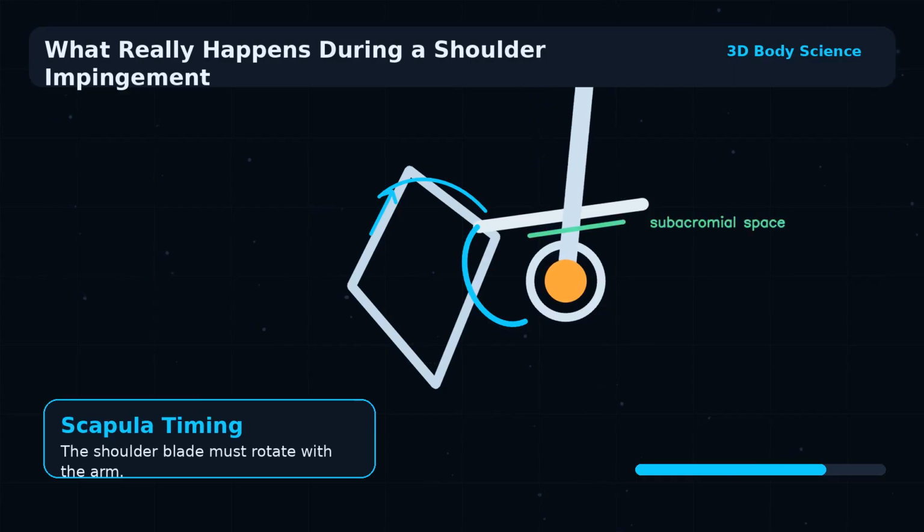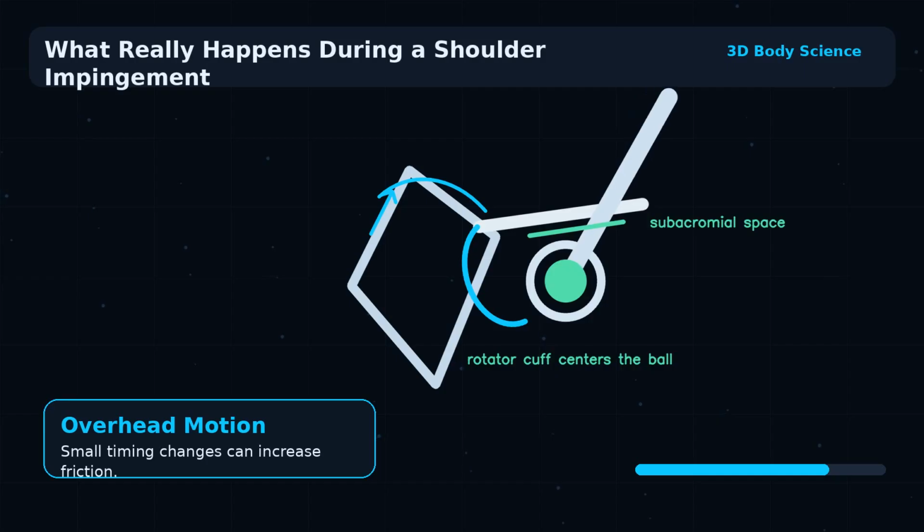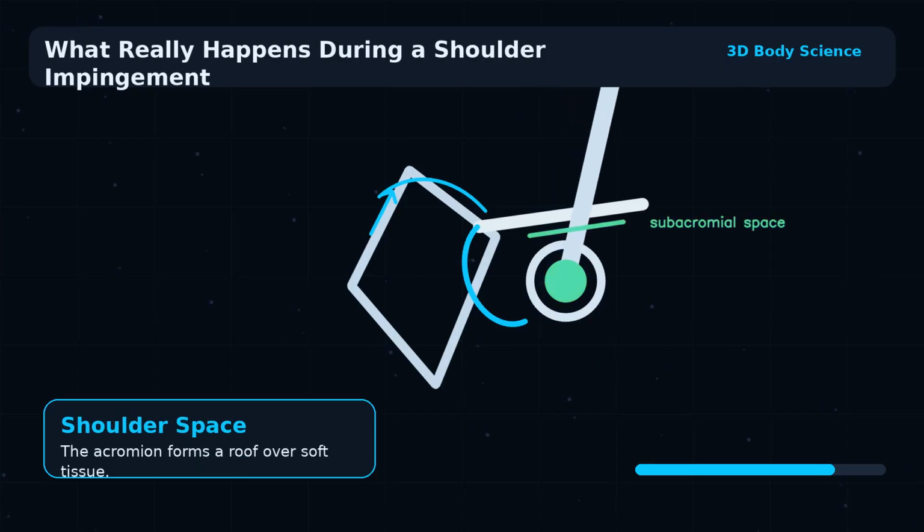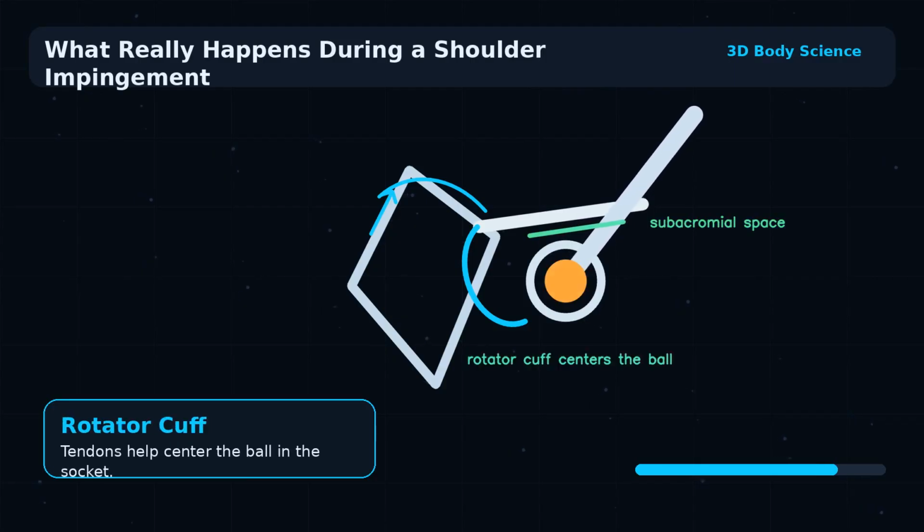Before the final recap, let's walk through shoulder impingement one more time using a transparent 3D shoulder. Imagine the arm lifting out to the side. The ball of the upper arm bone rotates inside the shallow socket, but the shoulder blade also has to rotate upward and backward. These two movements are supposed to work together like a camera gimbal, keeping the moving parts centered